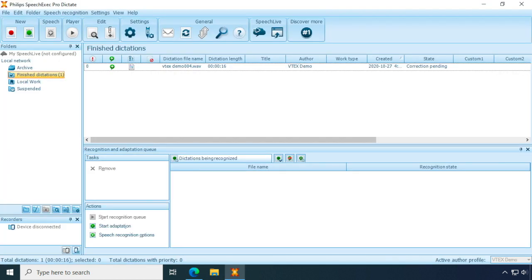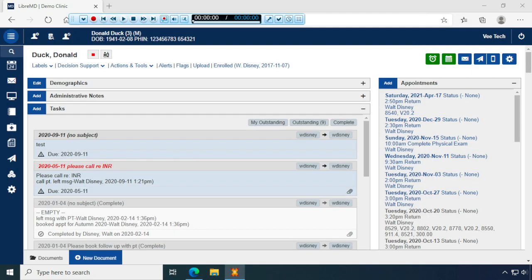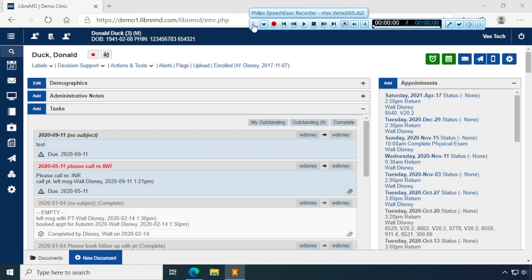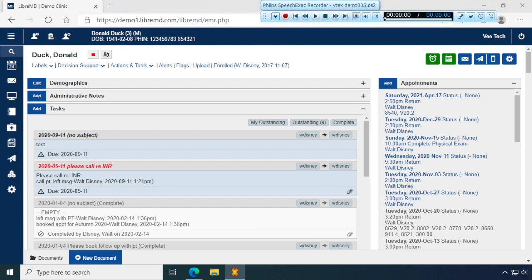For the last demo, we're going to show you backend speech recognition using Dragon and SpeechExec Pro. I'll start an audio-only dictation using SpeechExec Pro Dictate. This is the dictate-only view. Now we'll record my dictation. Assessment plan: